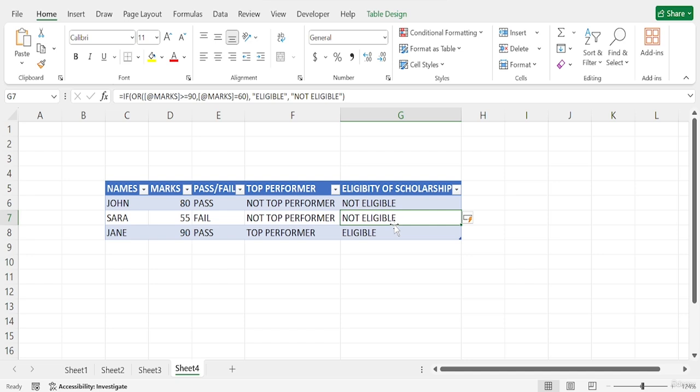So this is the process. You can use the OR function for making multiple conditions, and you can add the IF function, so that you have more arguments to fill, and you can dynamically show your results, which will increase the readability of your dataset.